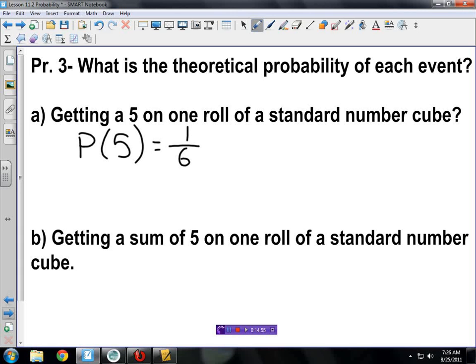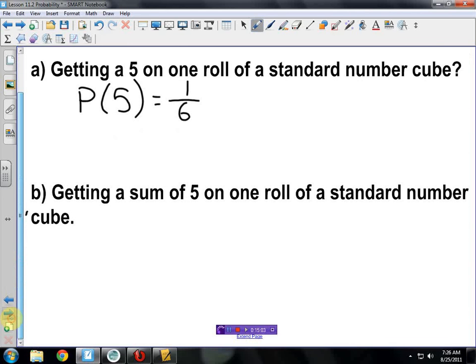B, getting a sum of 5 on one roll of a standard number cube. Ooh, this one's a little bit tougher, okay? All right, so first off, let's say probability of a sum of 5. Right. I think the bottom number is going to be the easiest here, and we're going to use the fundamental counting principle, which says on the bottom here, right, I have